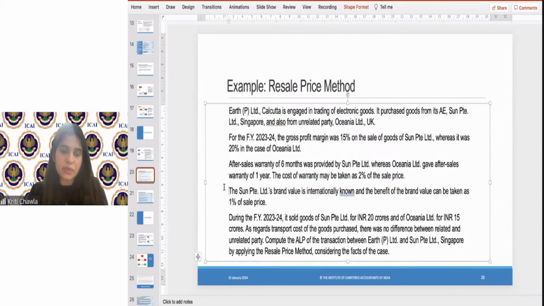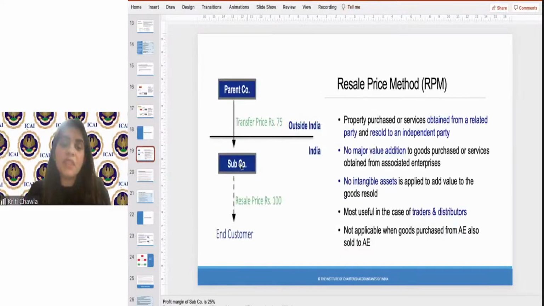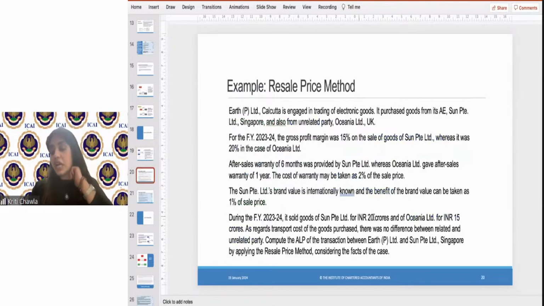of the sale price. During the financial year 23-24, it sold goods of Sun Pte Limited of 20 crores and Oceania 15 crore. So this particular Earth Company sold some commodities. This commodity from Sun was 20 crores, and the commodities that it sold from Oceania was 15 crores. As regards transport cost of goods purchased, there was no difference between related and unrelated party. Compute the ALP of the transaction between Earth and Sun by applying resale price method, considering the facts of this